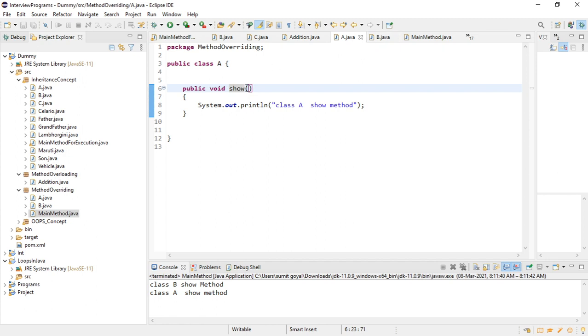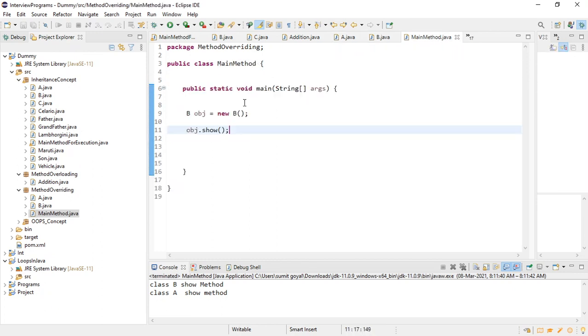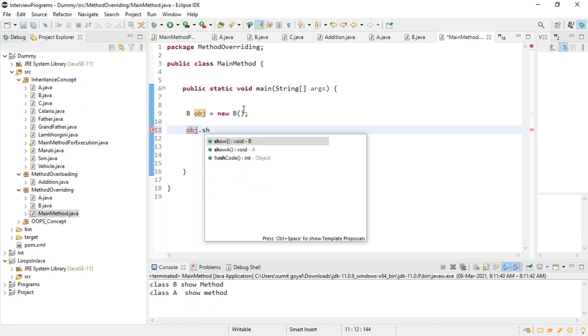Suppose I say show A here, and if I save it, you are going to get the show A method as well as this method, right? So here there is no method overriding, you will get both the methods, right? Both the methods you are getting as of now.